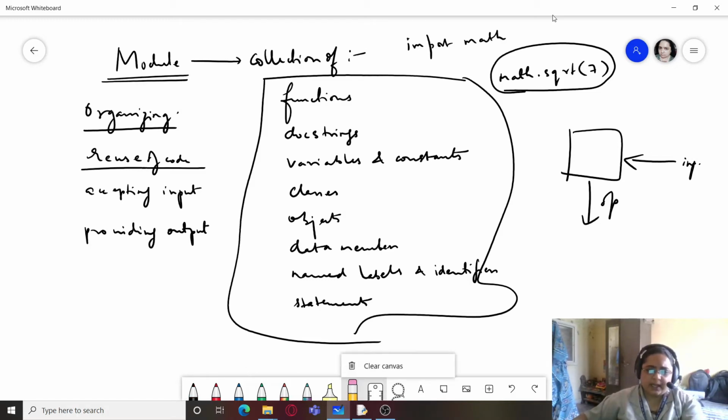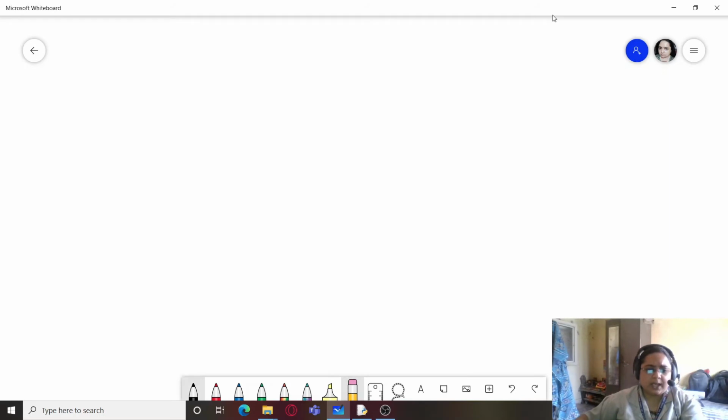So we will create a simple module, and we will try to understand what are its different parts or how it works. The module which we are going to create would be basically related to calculation of simple interest and compound interest.